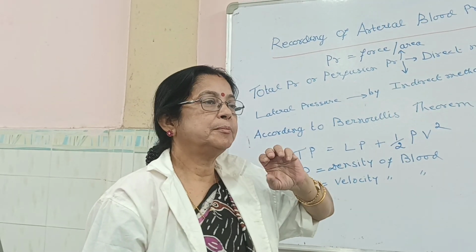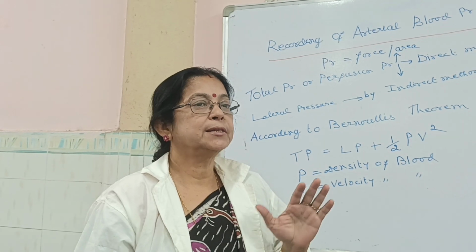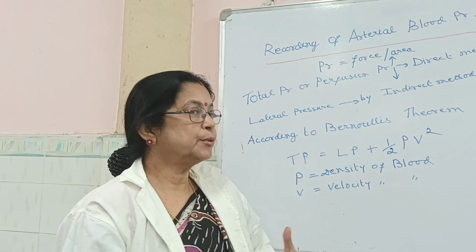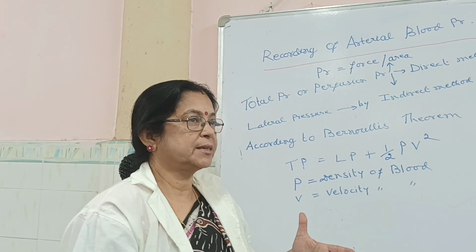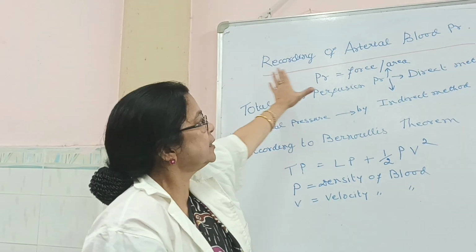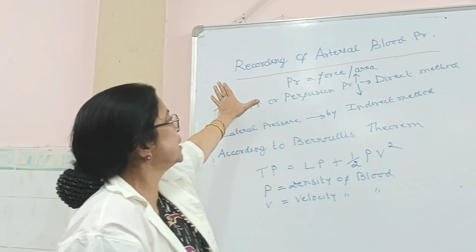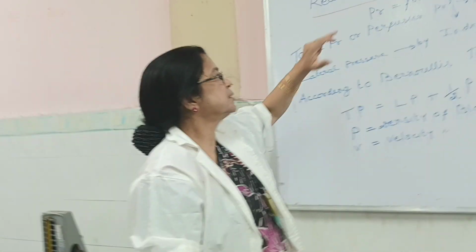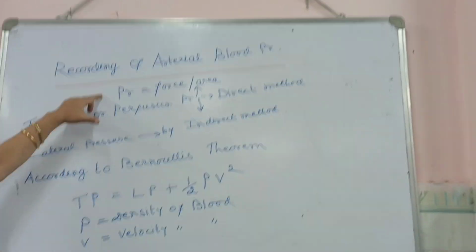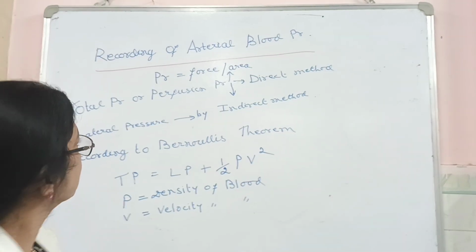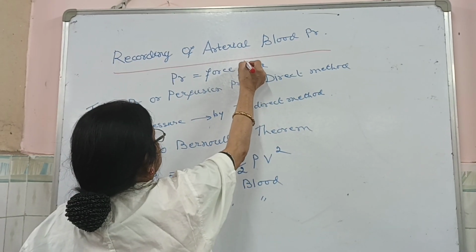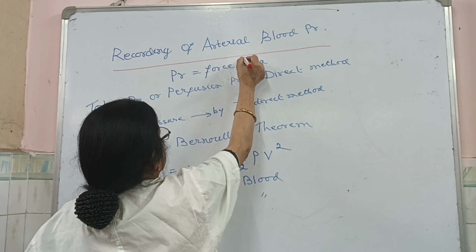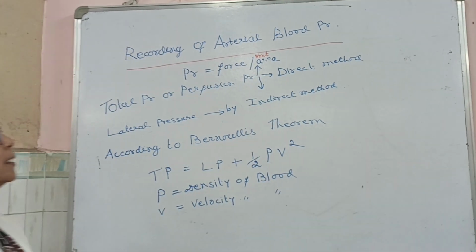But as a medical student or as a physician, you have to know the physiology of recording blood pressure. That's why I am mentioning how to record the arterial blood pressure. Now, from the very beginning, what is pressure? Pressure is force per unit area. Per unit area. Force per unit area is the